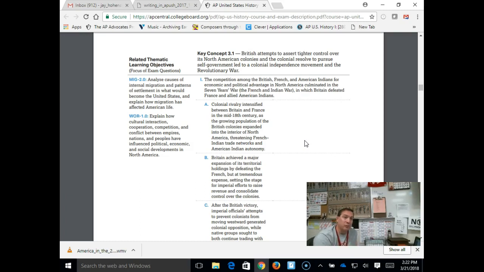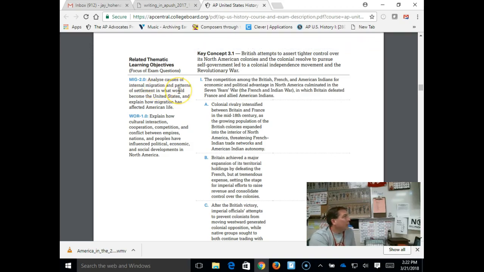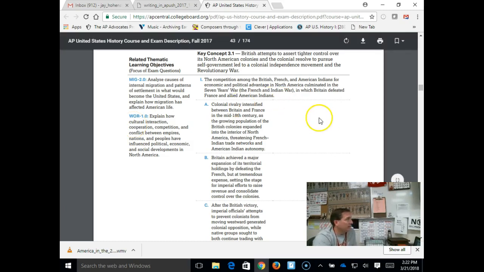And so if you're thinking about contextualization, you could easily contextualize your DBQ with the French and Indian War or the feelings that Americans had at the time of the war. Notice what they want you to understand thematically. Can you talk about migration patterns? So they want to be able to focus on that during this time period, both migration from outside the country, but also internal migration and what that's doing. And then also, can you explain cultural interaction that's happening both here in our country and how other countries' conflicts are drifting over to the United States?